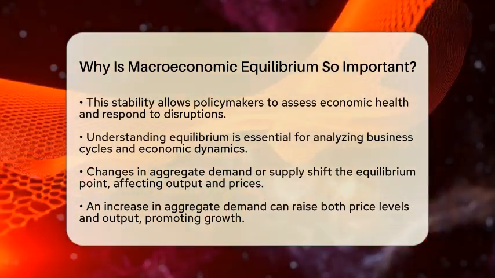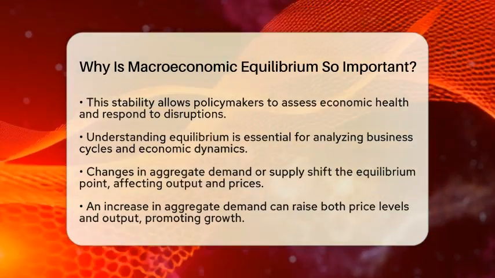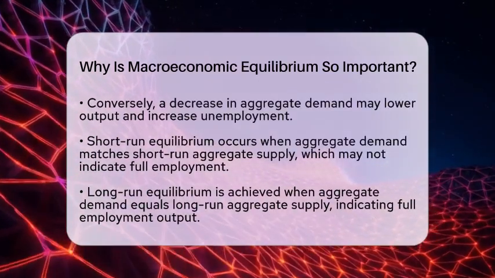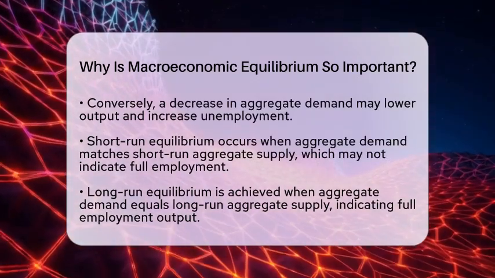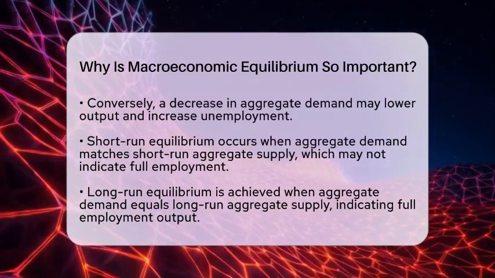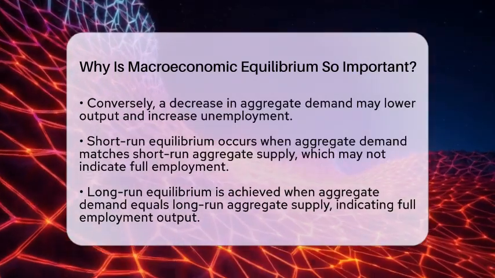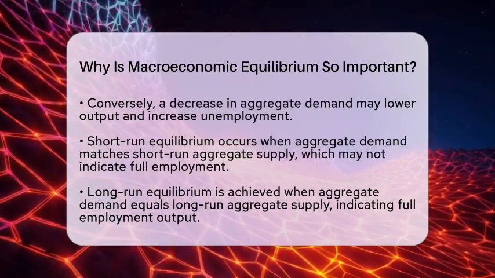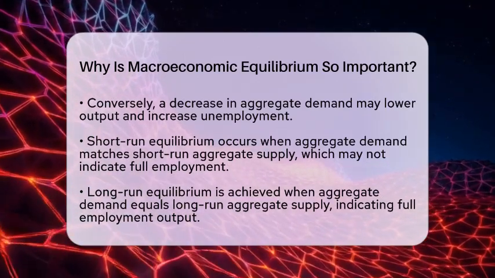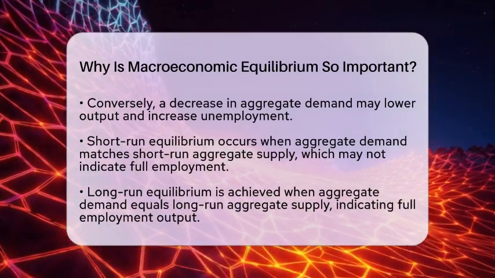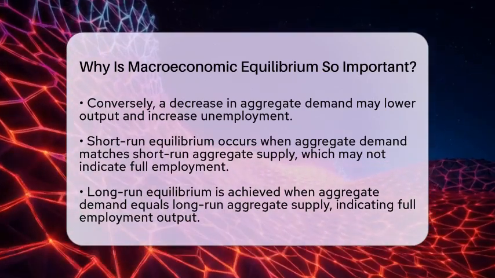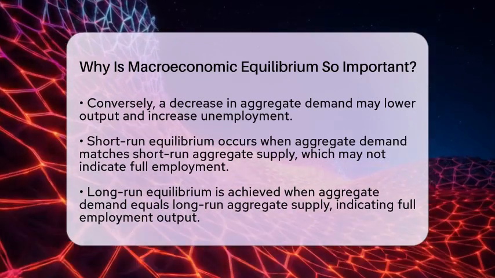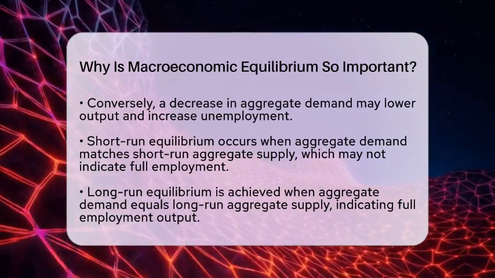It is also important to distinguish between short-run and long-run equilibrium. Short-run equilibrium happens when aggregate demand equals short-run aggregate supply. This may not reflect full employment or optimal output. Long-run equilibrium, however, occurs when aggregate demand equals long-run aggregate supply, which typically indicates the economy is operating at its full employment output level. By grasping macroeconomic equilibrium, economists and governments can better forecast economic trends and design effective fiscal